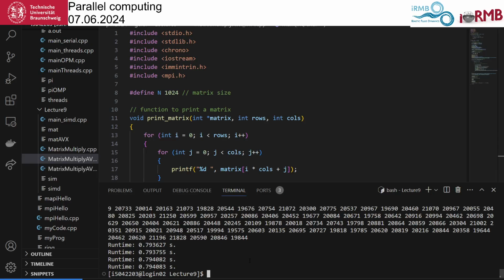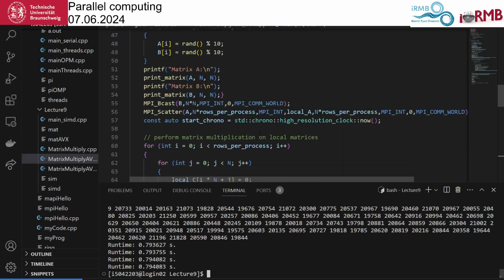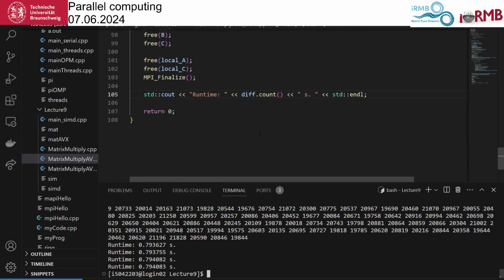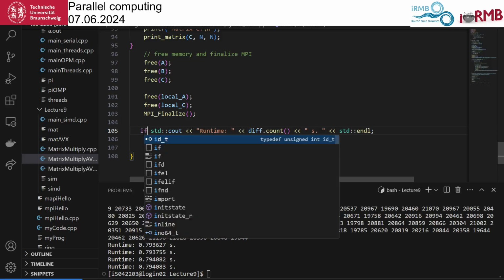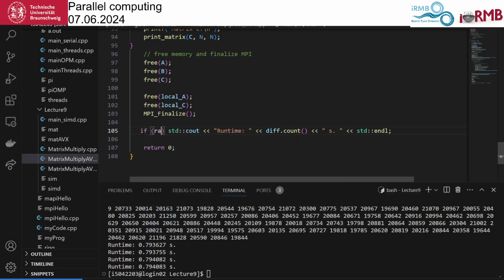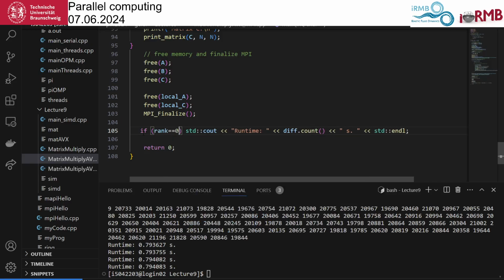Okay, so apparently all of the processes gave out the runtime, so we could do this only if rank equals 0, and do it again.